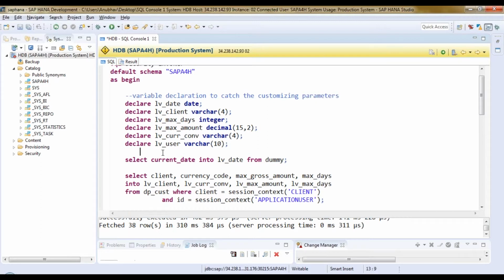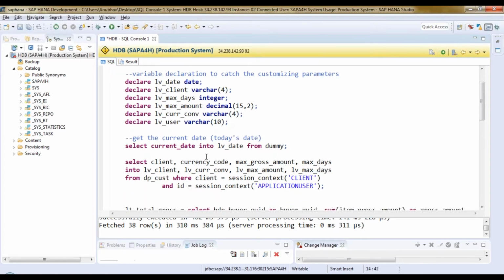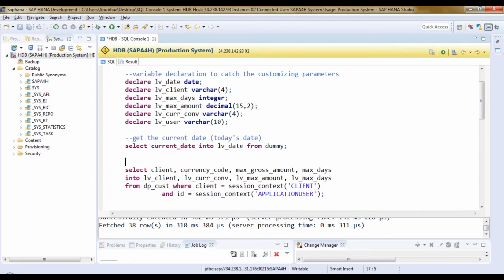Then we called a SQL statement to get the current date, which is today's date at runtime, because we have to calculate the average number of days since when an invoice is open. And then we read the customizing table to derive the threshold value